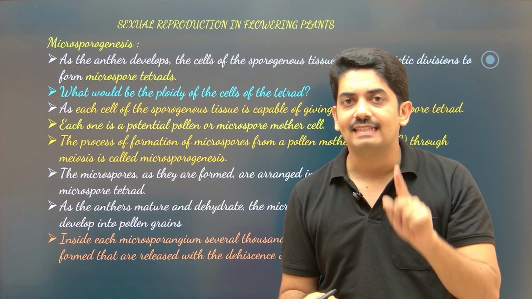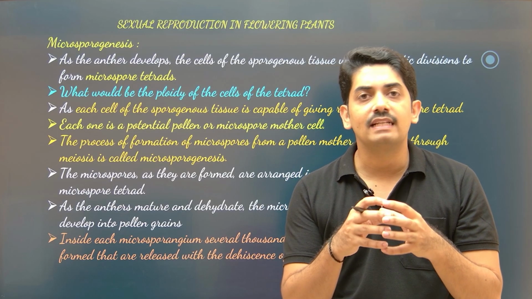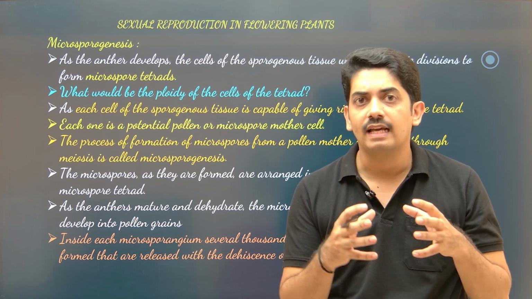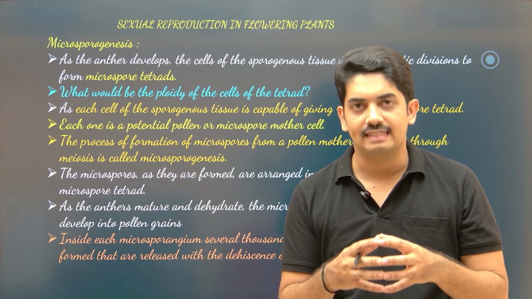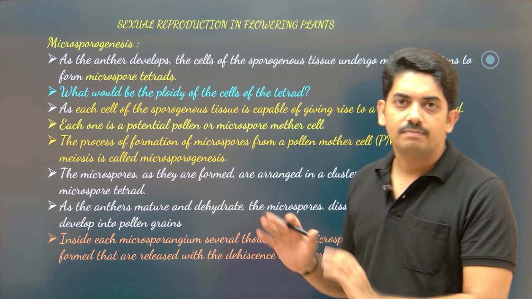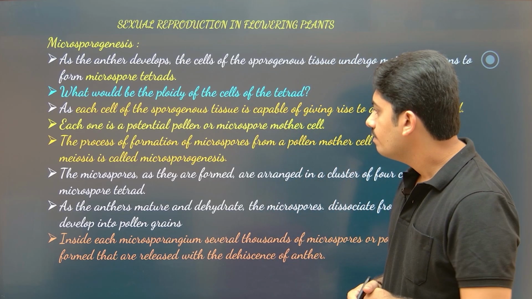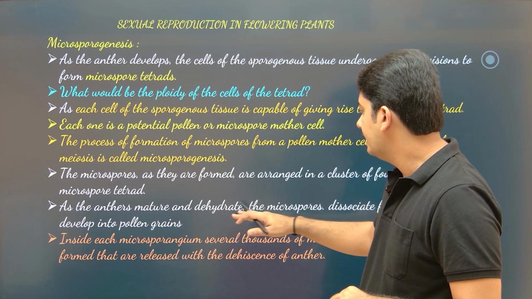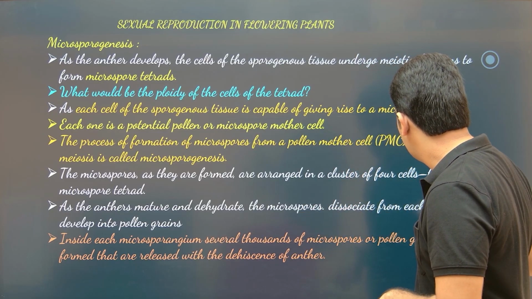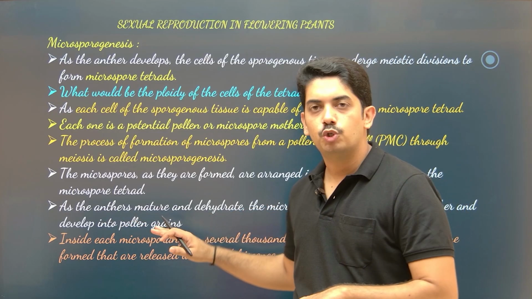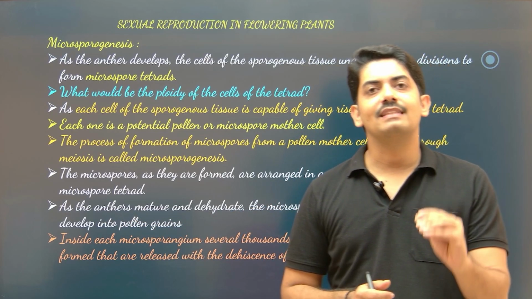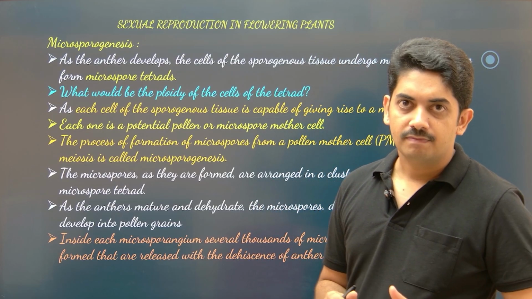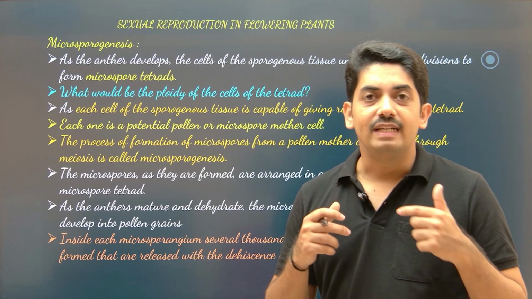Now in these tetrads, they will not immediately undergo separation. In the first phase, they are together forming a tetrad, and we call it a microspore tetrad. As the anther matures and dehydrates, the microspores dissociate from each other and develop into pollen grains. So the pollen grains are observed only after the anthers are fully matured and ready to dehisce and